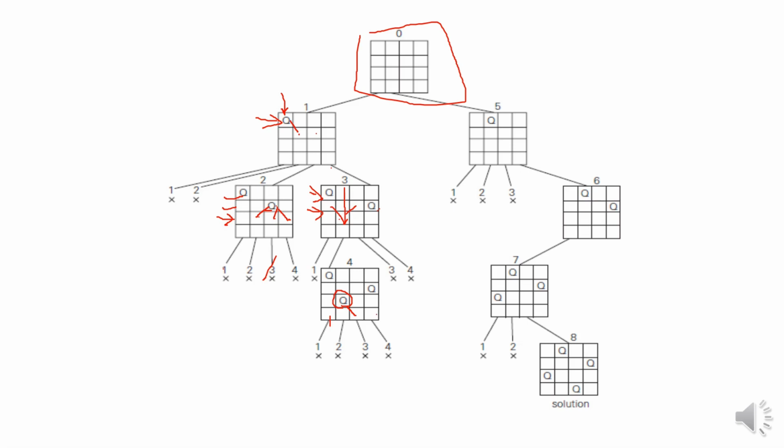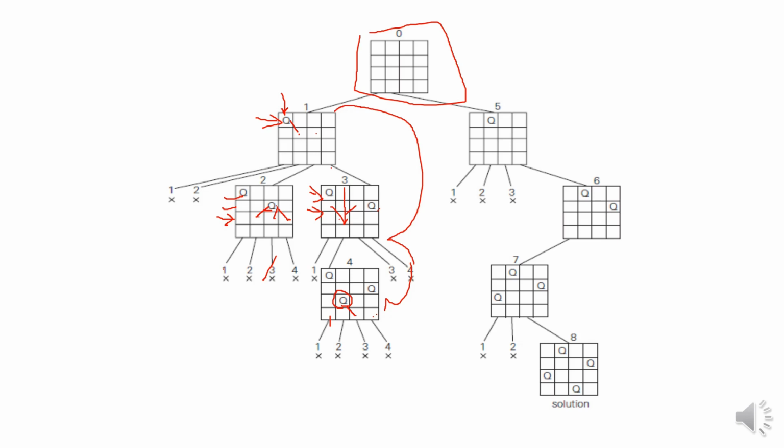Then you try placing the fourth queen here. Again, this violates the problem's constraint, that is, two queens cannot be in the same column. That means, can you develop this particular solution? No. Can you get a solution out of this partially constructed one? No. So, can you go back with the next available option? You have already seen all possible options here. So, your problem backtracks and goes back to the next level.